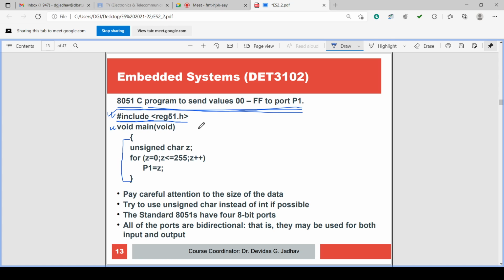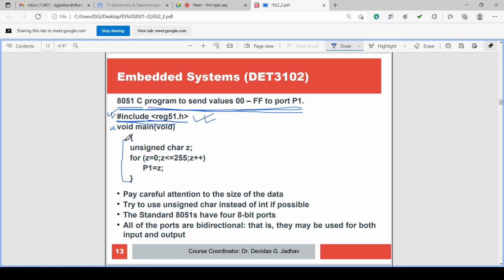These addresses are the register addresses in memory where these ports are assigned, and they are declared in this file. So we must include this file before starting void main.